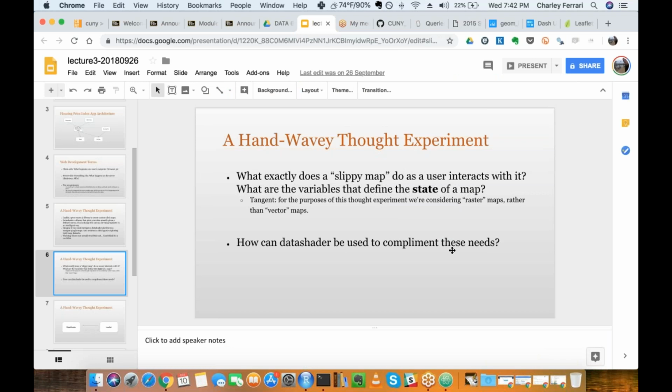So the other question is, how can Datashader be used to complement these needs? When you're using Datashader, your canvas could pretty much be translated, not directly one-to-one, but part of what you'd be doing in designing an app like this is having the user input be a center point, coordinates, a zoom, the current resolution, and have that result in something